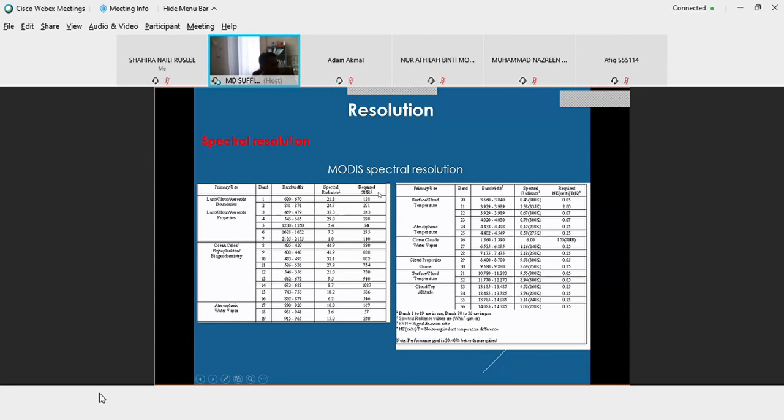And then the required SNR. SNR is the, what is that? SNR? Noise, signal to noise ratio. Kalau nampak ni, signal to noise ratio dia lebih besar, lagi besar, lagi bagus. So kalau dia kecil, bermaksud bahawa noise tu ataupun dia punya disturbance tu lebih tinggi lah. So kalau dia punya SNR dia lebih besar, bermaksud bahawa signal yang diterima tu lebih banyak datang daripada objek dekat bawah. So SNR dia kena besar.